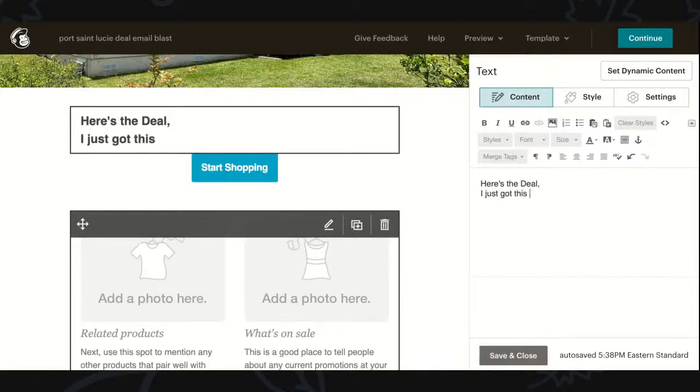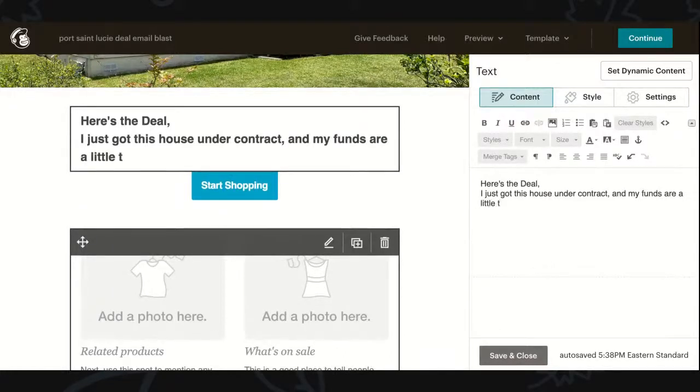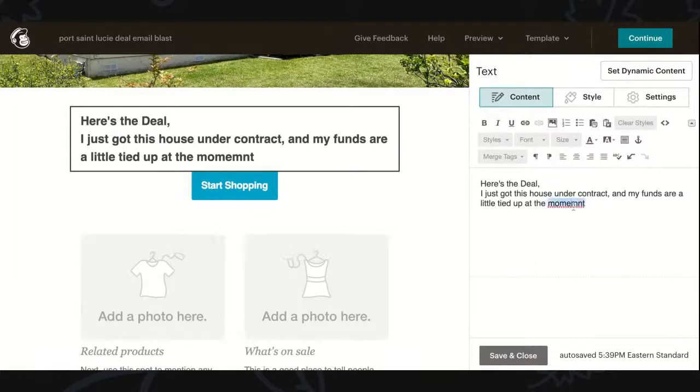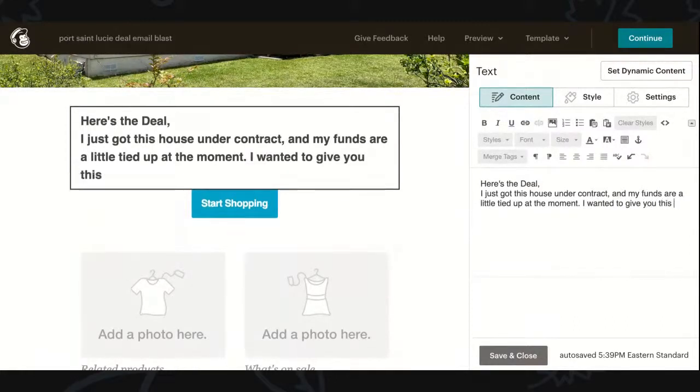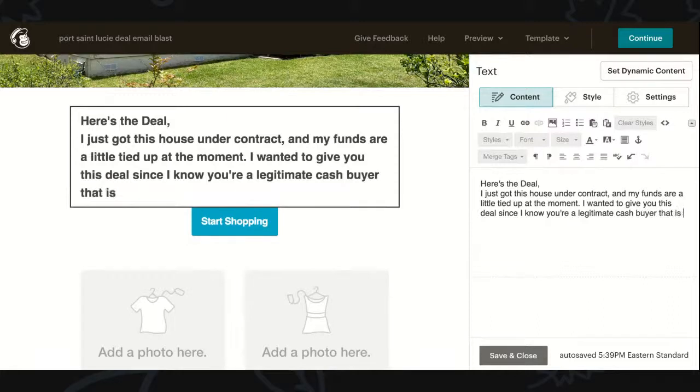I just got this house under contract. I'm looking at my ad copy down here on my notes. I'm just going to keep going through here.